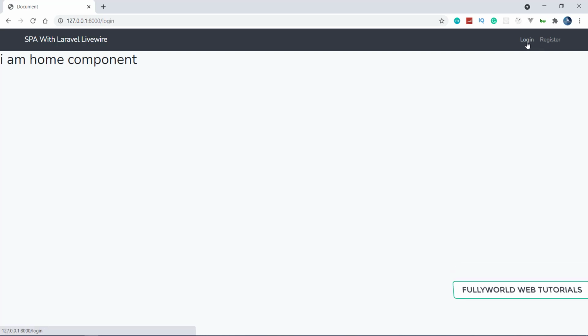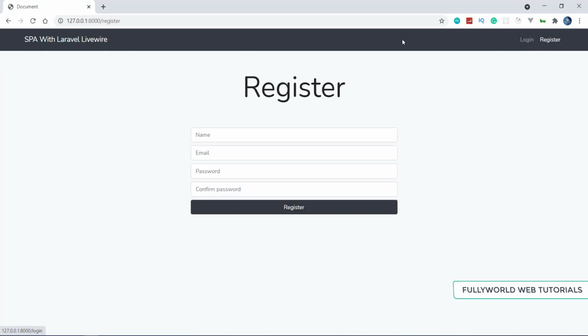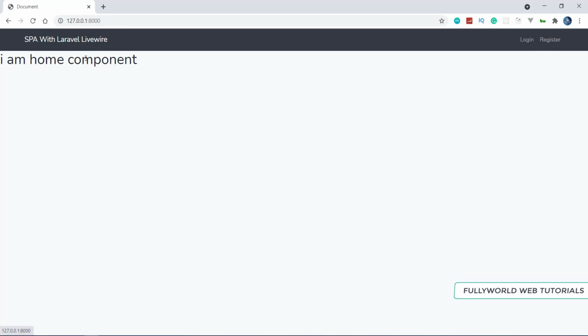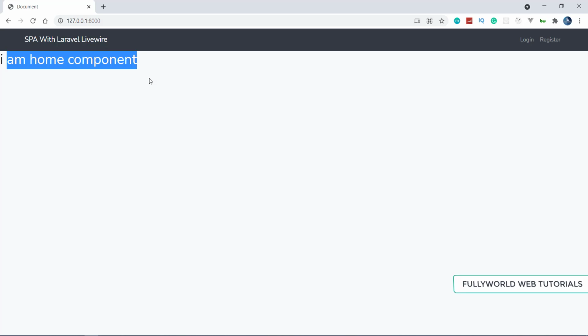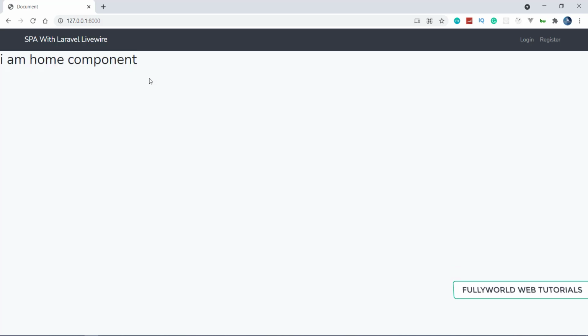Let's see. I am on the login page here, which means our user is not logged in. Now when I try to go to the home component, I can go there, but I don't want that. I have to restrict it, so that if the user is not logged in, he or she cannot go to the home page or any other page related to it.